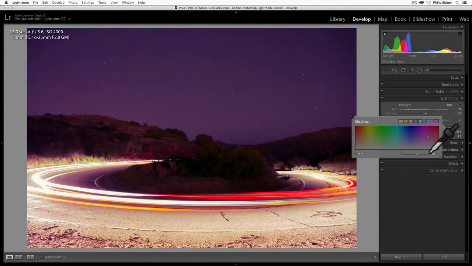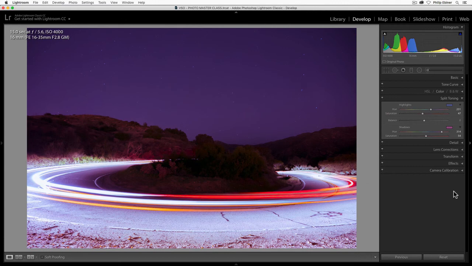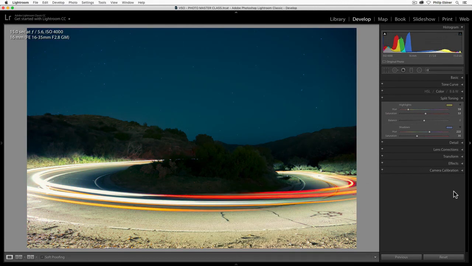yeah, maybe some sort of pink, and then the highlights some sort of blue or something like that, and you can get super creative that way. But I like the more natural, simplistic approach of making something look somewhat natural, but still looking pretty cool. So use this, play around with it. It's definitely a more stylistic approach, but it's a really cool tool, and doing some subtle adjustments is probably the best thing to start out with, especially if you're taking portraits of people.